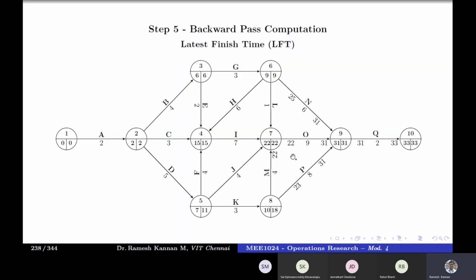Then we'll go back to this 22 or 22. It will be 22. 22 minus 4 is 18. Then we'll go to L. L is 20, minimum of that, which means that it is 22, 22. Then probably 25, 25. 22 will be the minimum. So 22 minus 1 is 21. And here it is 18, 18 or 23 or 18. So 18 is the minimum. 18 minus 3 is 15.